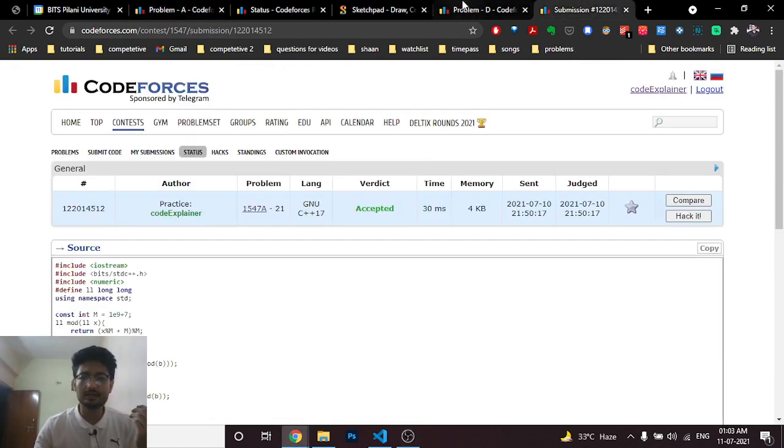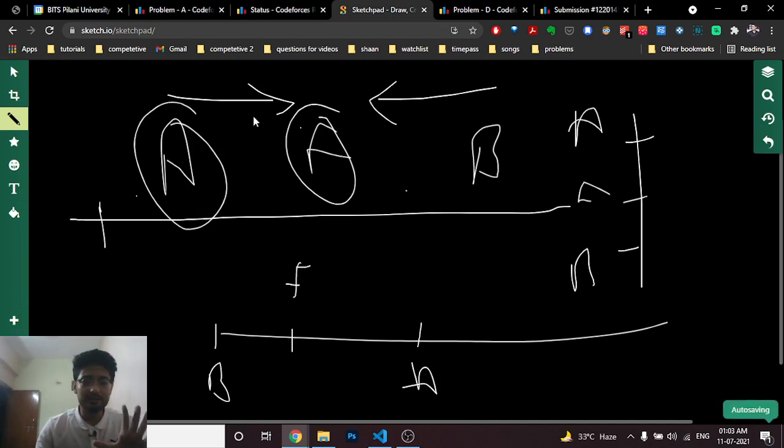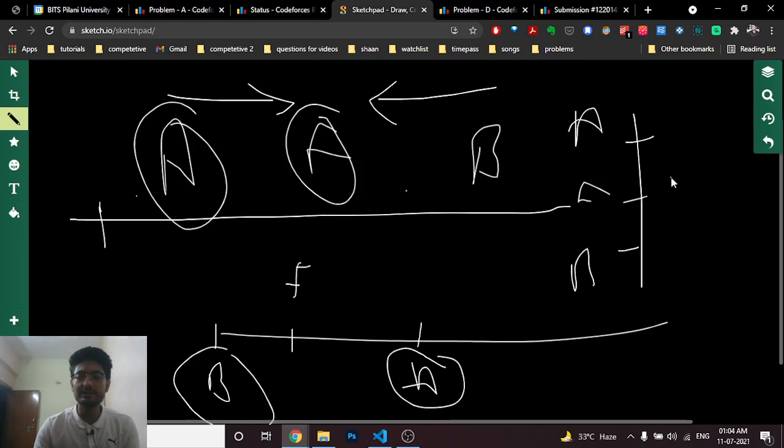You can understand this more with a drawing. There can be two cases. If they lie on the same x coordinate, then A and B are like this, with B on the right side, and F is right here. In that case, if the y coordinate of F is more than the y coordinate of A and less than the y coordinate of B, then F is in between. The other case can be that B is on the other side: A is here, B is here, and F is here, and they lie on the same x coordinate. Then F is smaller than A but greater than B. If they lie on the same y coordinate, then you just do the same thing.